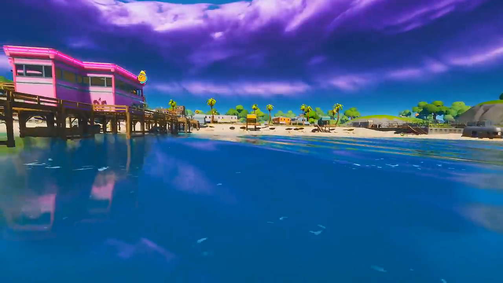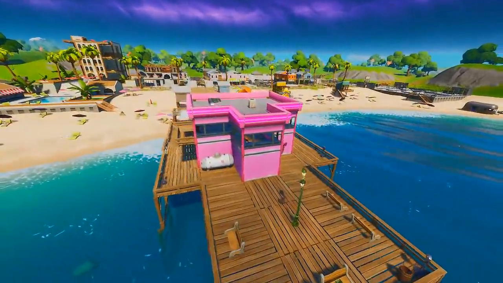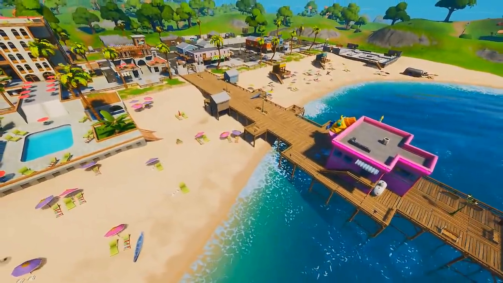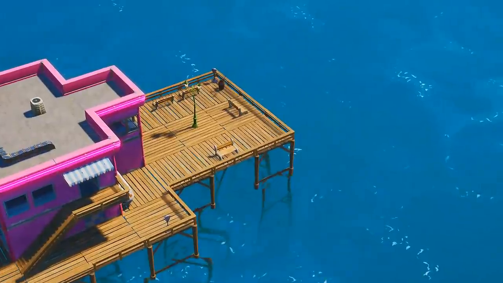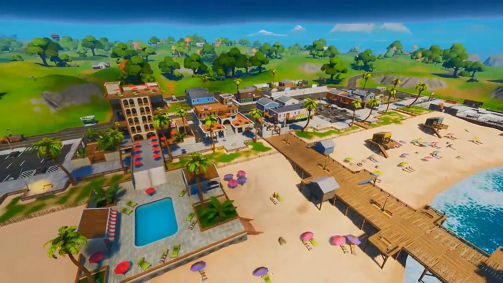Heading toward our outskirts again, in a lagoon-esque area, we have Sweaty Sands. Now the name in itself may be enough to put you off landing here, as this may be treated as Tilted Towers V2 for Fortnite Chapter 2. Obviously a lot of people are going to be jumping and diving off this dock if you shoot at them once instead of building,